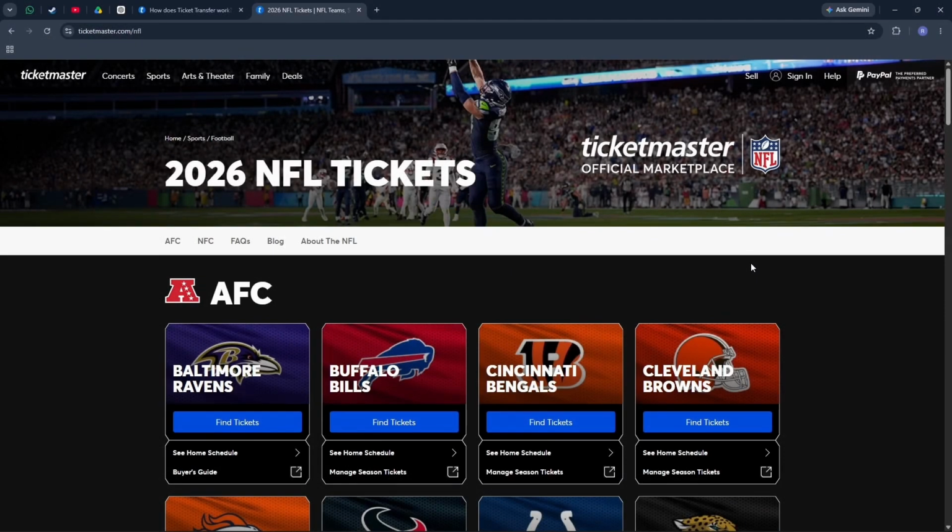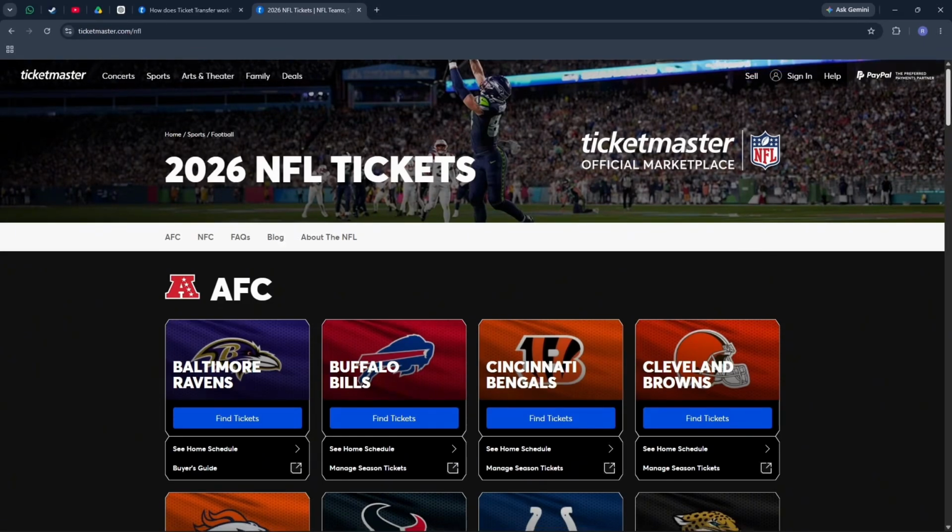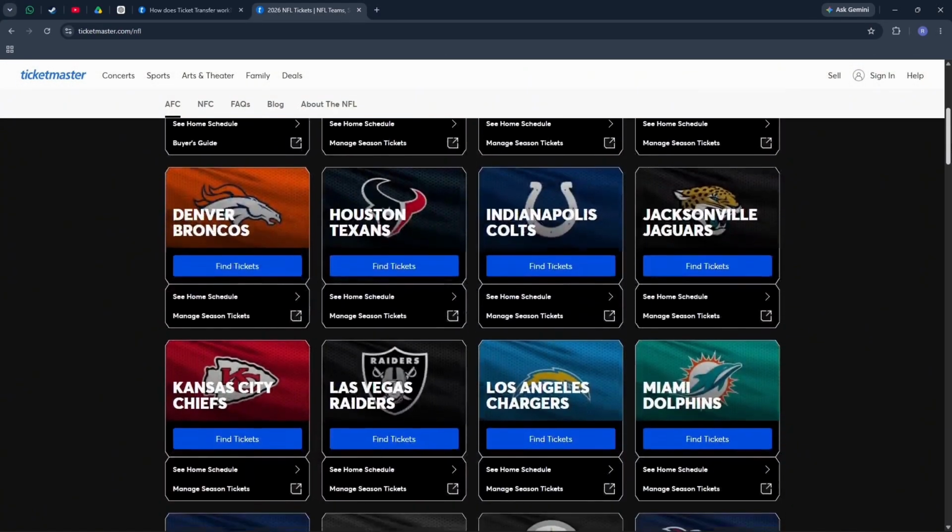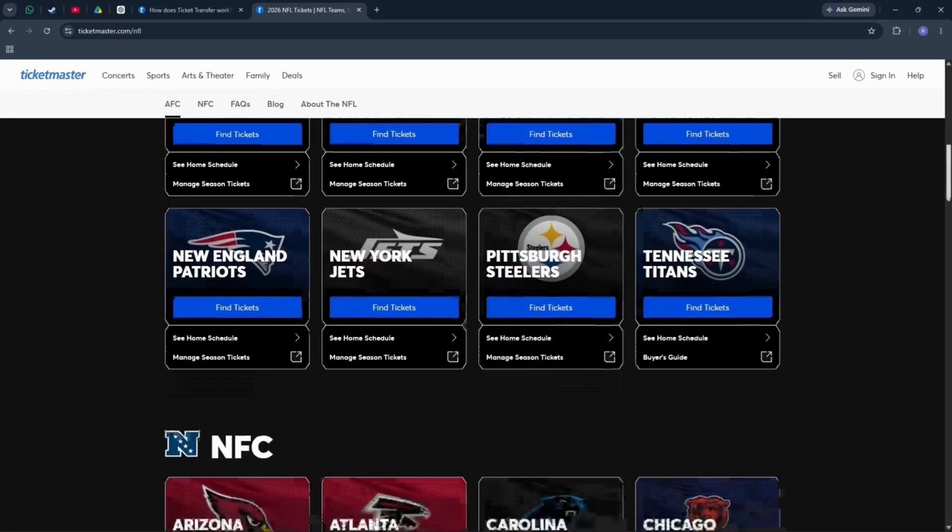In this guide, I will be showing you guys how to transfer NFL tickets on Ticketmaster.com. Let's get started. First, launch your Ticketmaster app or navigate to the official website of Ticketmaster, provide your credentials and